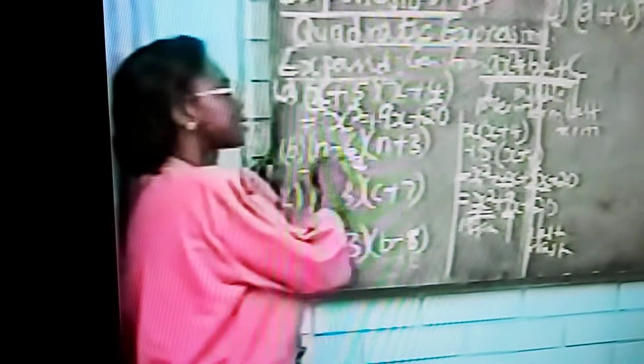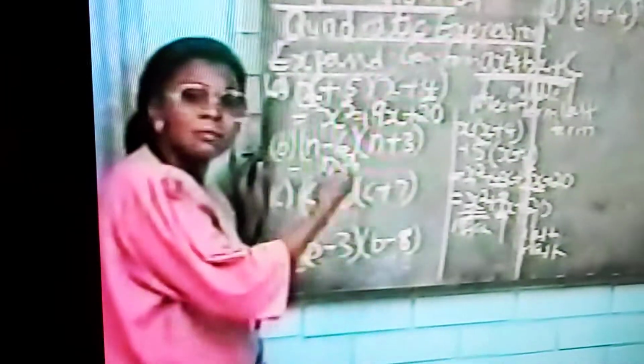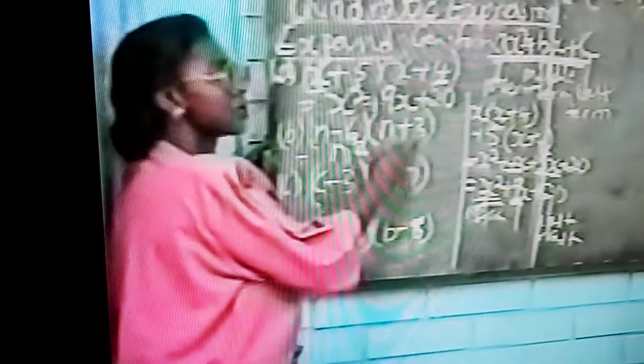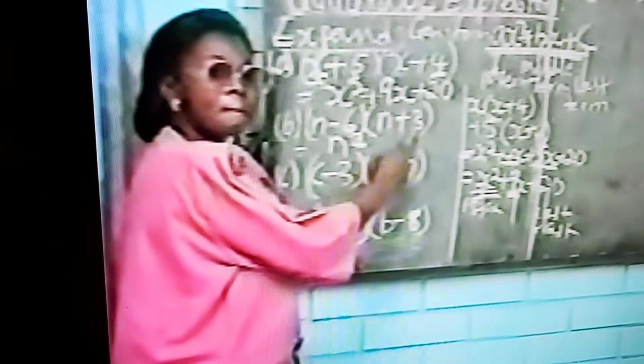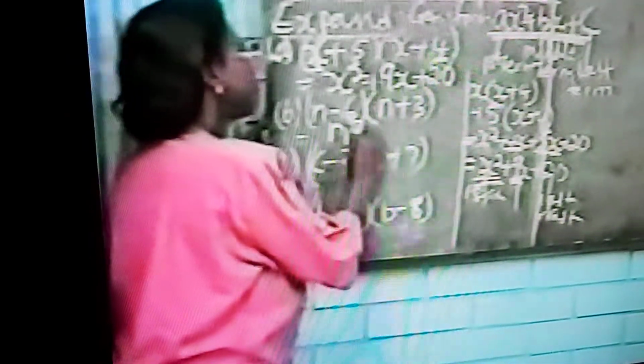Then to get the middle term, you add minus 6 to plus 3 because the coefficient of n is 1. So 1 times any number is still the same thing. So minus 6 plus 3 will give us what? Minus 3 because they are not like terms. So you get minus